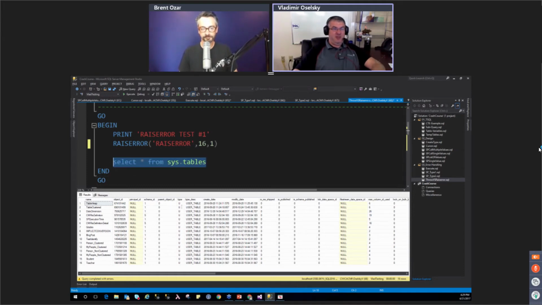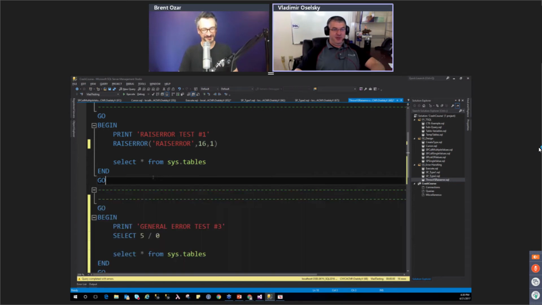Well, sometimes you don't want your code to continue going if you're raising an error based on some sort of user condition. You would want it to stop. Instead, in this case, we find that RAISERROR still goes on, and you still get that select statement, which in my case is not bad. But what if it's a delete statement or something else that you don't want to do if the error was raised? So we think, well, then RAISERROR is bad and we're not going to use it. Well, actually not.